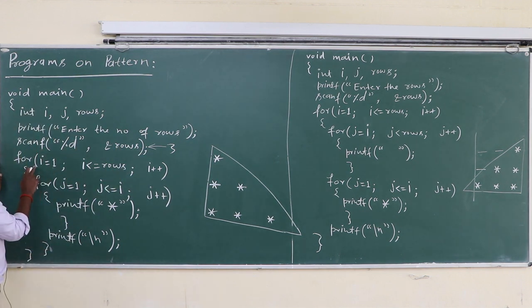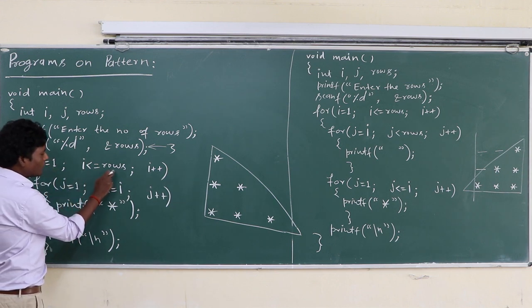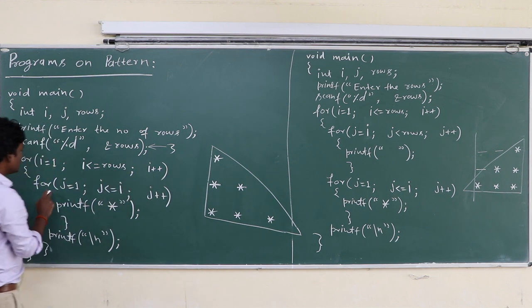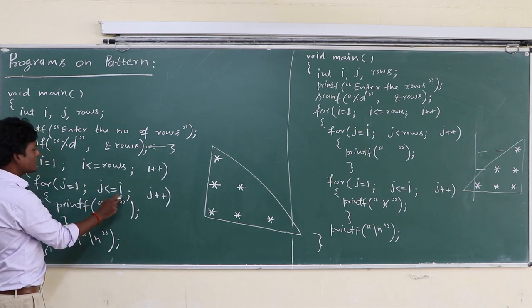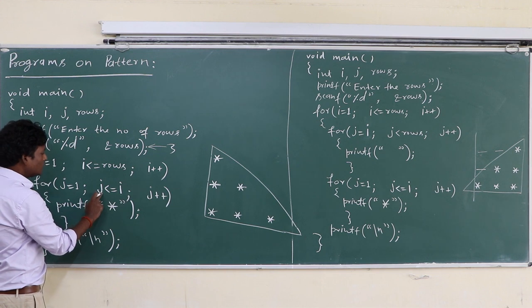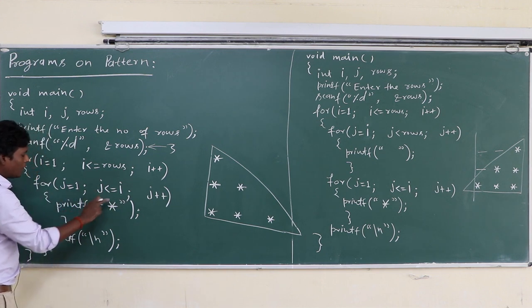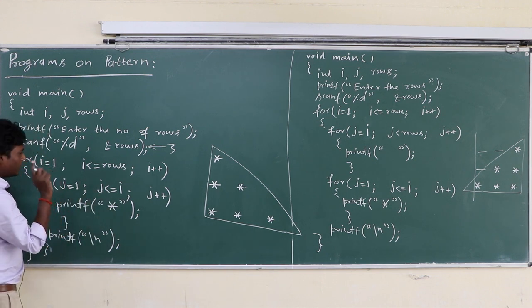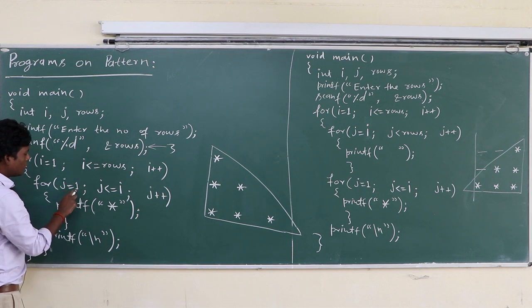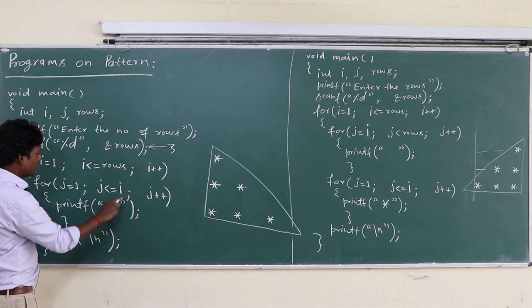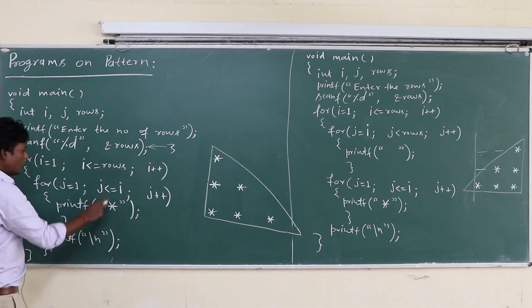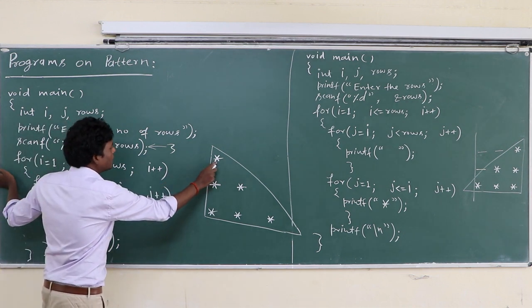Okay, here is the outer for loop. i equal to 1, i is less than or equal to 3, because row has value 3, i plus plus. j equal to initial value 1, j is less than or equal to i. So the first time i has value 1, this loop executes only once, because j equal to 1 and j is less than or equal to 1, so the equal condition will hold. So this loop executes only once. So control comes to here, this asterisk is printed here.